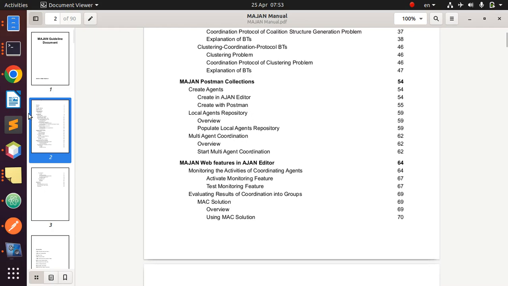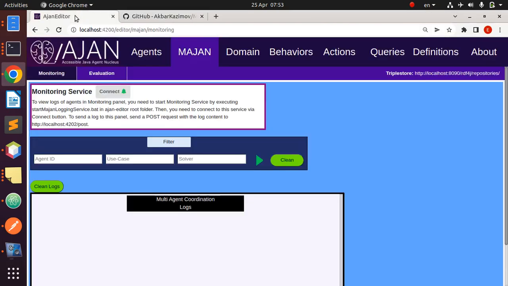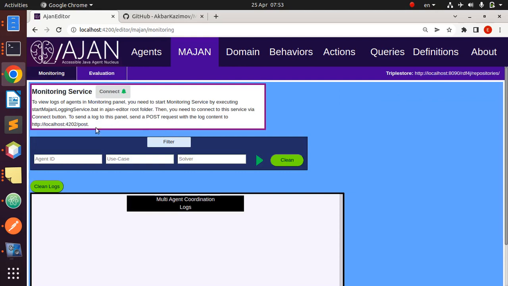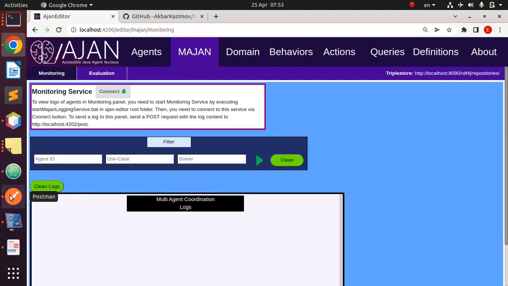And finally, MAJAN is integrated into the AJAN editor, and here we have a monitoring functionality where coordinating agents log their activities, and we have an evaluation panel where we can evaluate the result of multi-agent coordination. So now let's start first with